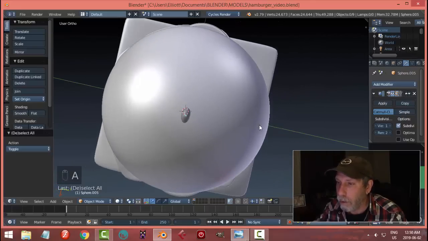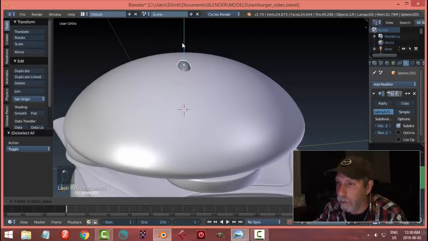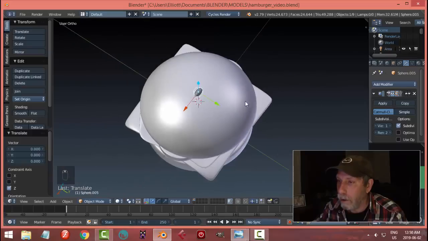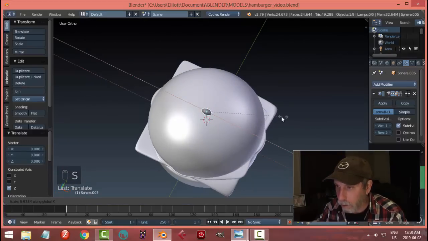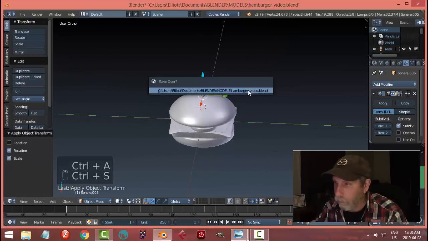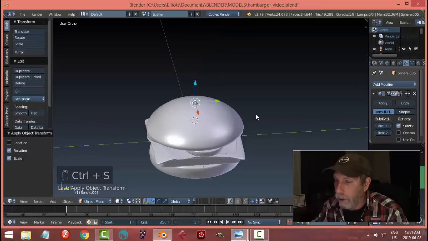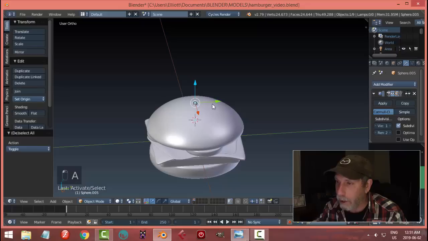I do have some stretching on the poles there, but it's not going to be visible anyhow. So, oh, is that too big? Hopefully it's all right. What I'm going to do is take this and slide it off